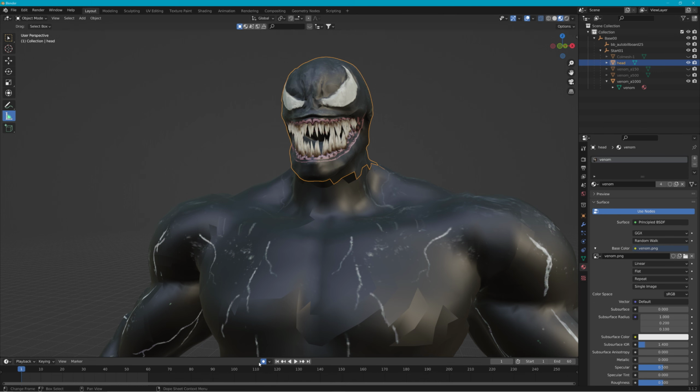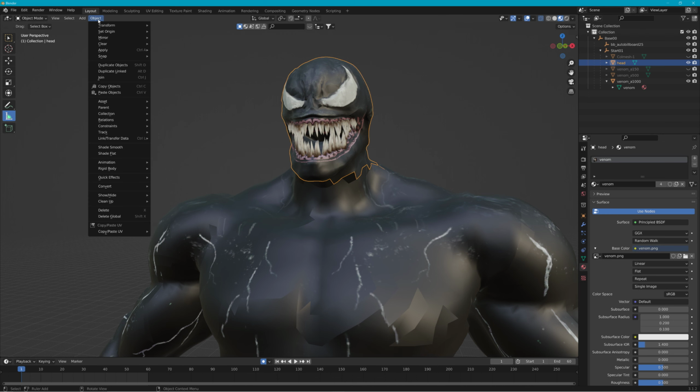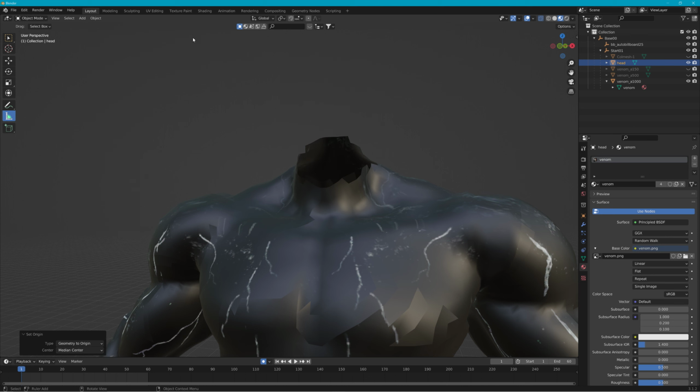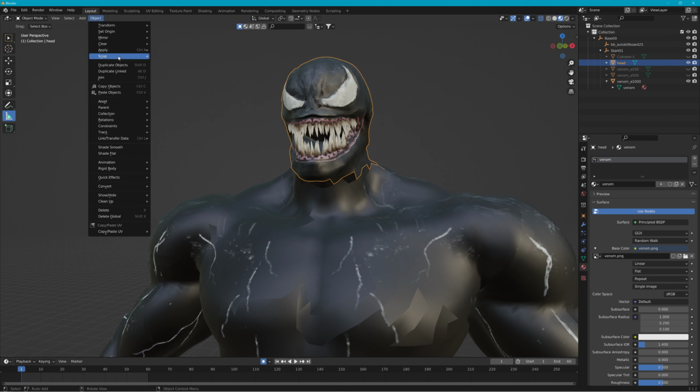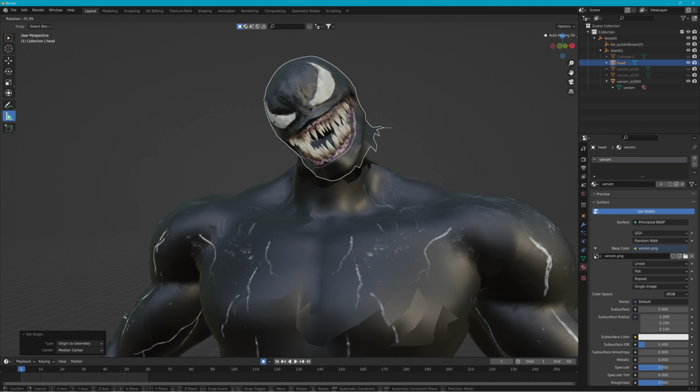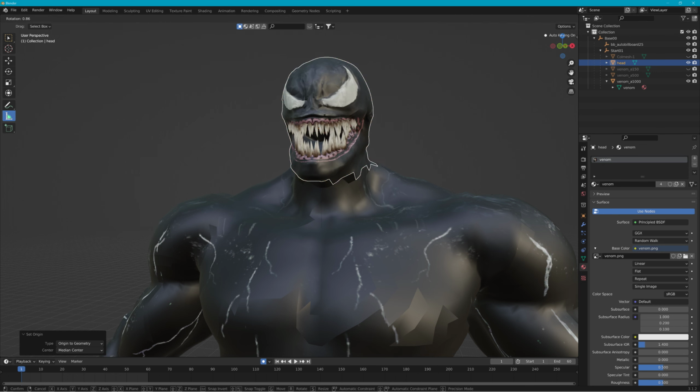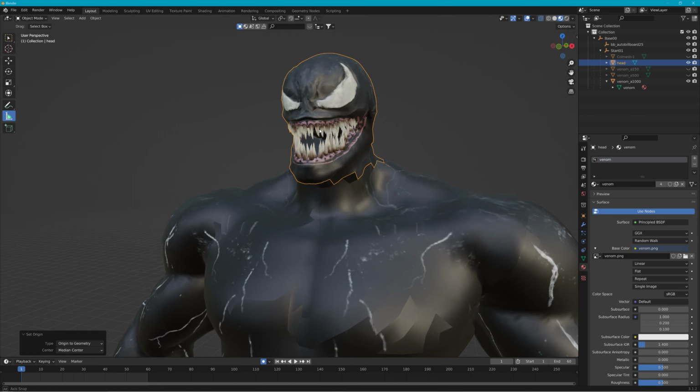Turn on auto keying, this auto keying thing. Then we'll start. Actually, let's set the origin for the time being. Geometry to origin. Nope, wrong one. Set origin to geometry. That basically makes this thing pivot on its own axis. But